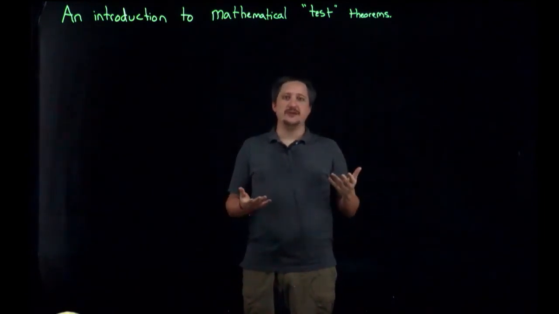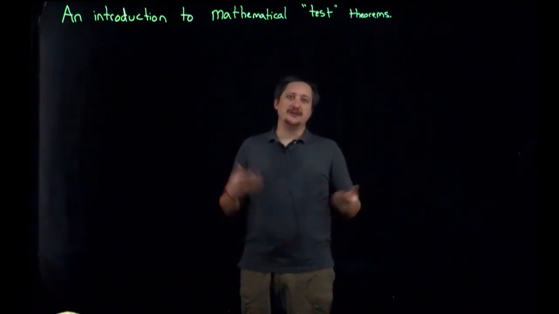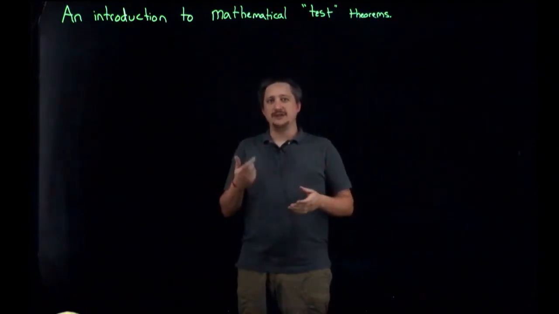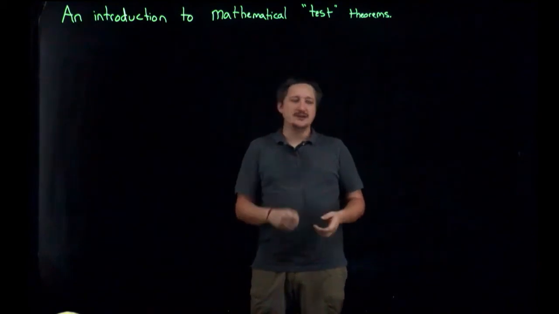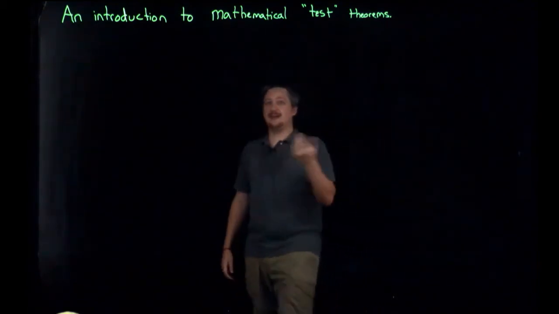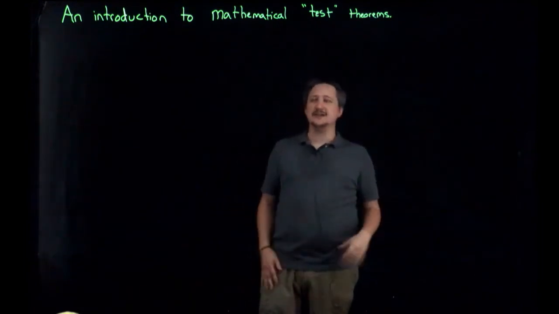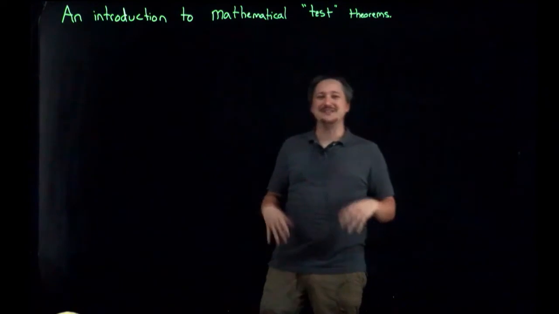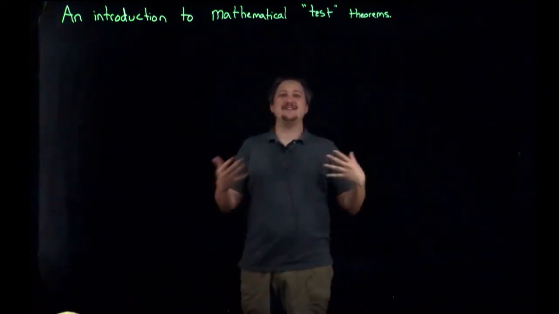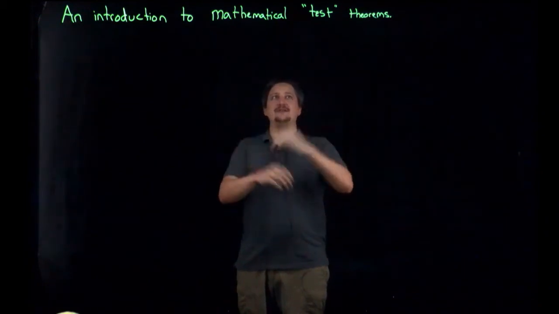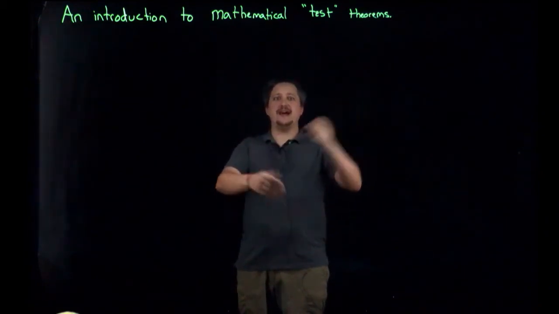If you have this property that for every epsilon, there's a delta, such that if you choose x close enough to some point, within delta of that point, then you can show that the image is within epsilon of the image of that point, right? That's the whole continuity thing, set out very vaguely, but still. So you have these if-then statements, right? So these test theorems, these if-this-then-that kind of theorems,